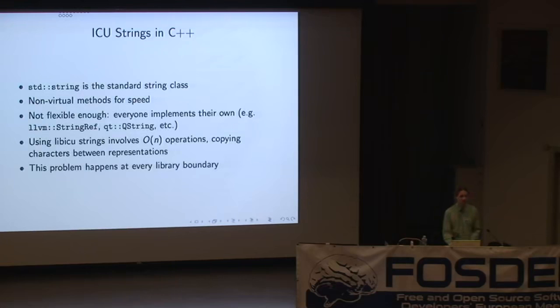And this happens at a lot of boundaries between two C++ libraries, where one has one string class that it thinks is great, and the other one has its own happy string class, which is also great and probably is implemented in exactly the same way, but with very slightly different layout or interfaces.